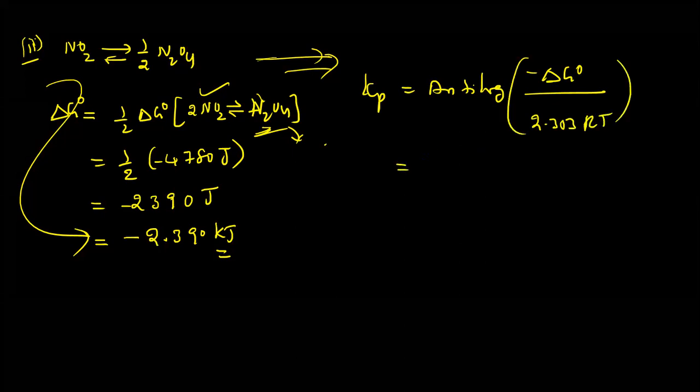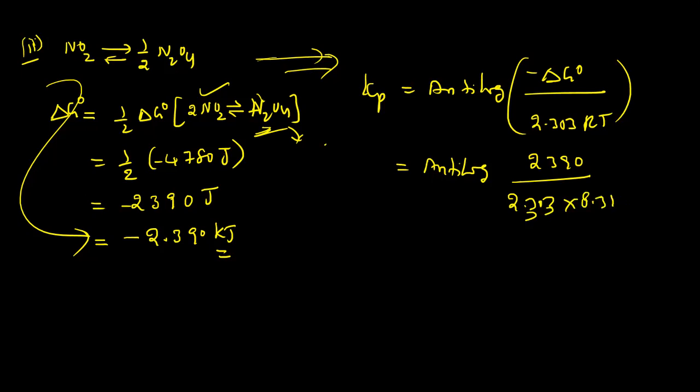So antilog of delta G naught value, we have 2390 joules, minus of minus is plus, divided by 2.303 into R value 8.314. Temperature given in the question is 298 Kelvin. After substituting this, the antilog of this entire value, after simplification, we get